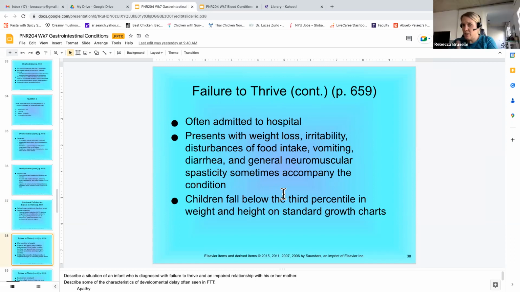So that's educating. Yeah, and being non-judgmental, because if they're seen in the clinic and they're not gaining weight, it's not unusual that they'll get admitted into the hospital. So all of those things that you're saying are really good. Talking to the parents, that example of having her show you how to make the formula. Maybe she doesn't know how many scoops she's supposed to put in for a bottle if she's using a powder mixed with water, etc. So all of those things are really, really good, trying to get to the bottom of what's going on.